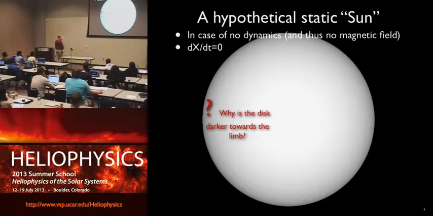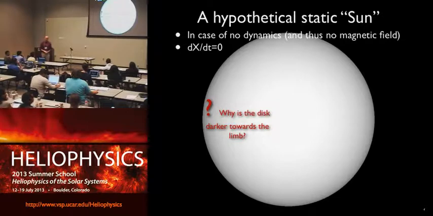Yes, light comes from different layers in the atmosphere. And light gets out most easily. If I reference anything, my gravity is going to point straight down, because that's the easiest way to think about it. This is the atmosphere. Light goes out that way most easily, because that's the shortest path out. If you incline it, it doesn't get out as easily. But that's not the reason it goes dark towards the limb. There's one other ingredient that you have to think about.